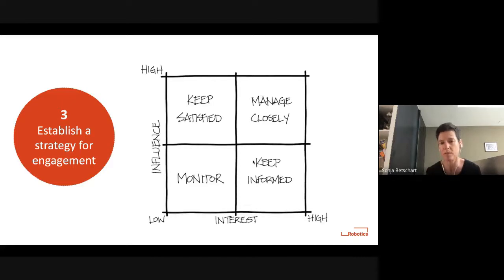So let's move them. That's why I say monitor means just think about them, come back to the map, look at it, and ask yourself, as we advance, should we move them somewhere else? And then do that. Otherwise, no direct engagement from your side is actually needed with these stakeholders. It's just good, again, to have them here on the map. So as you can see, three quite easy steps for stakeholder engagement and for a stakeholder strategy.